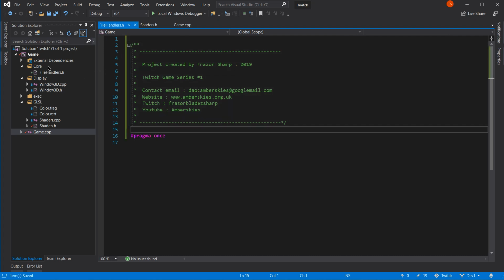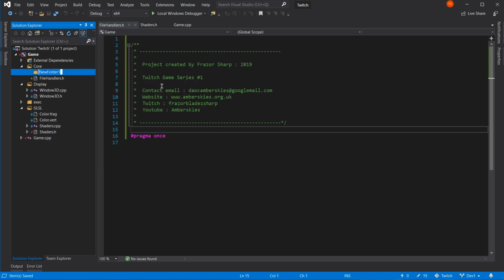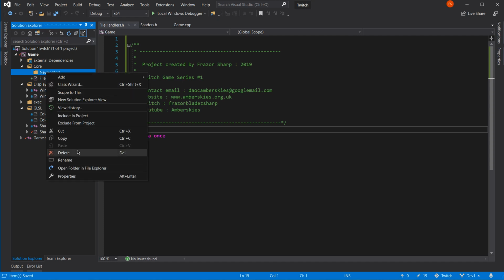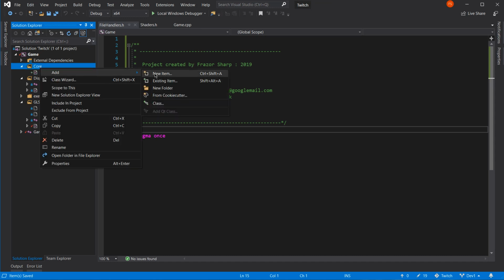And also we'll need a CPP file for it, definitely, because this could get extended massively. Core, add, new item.